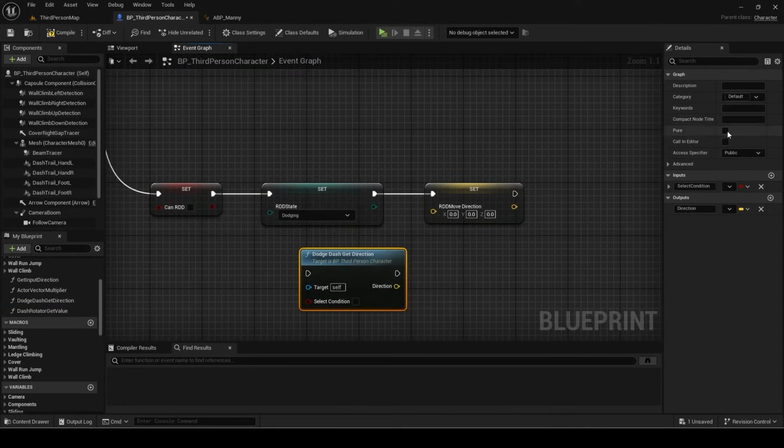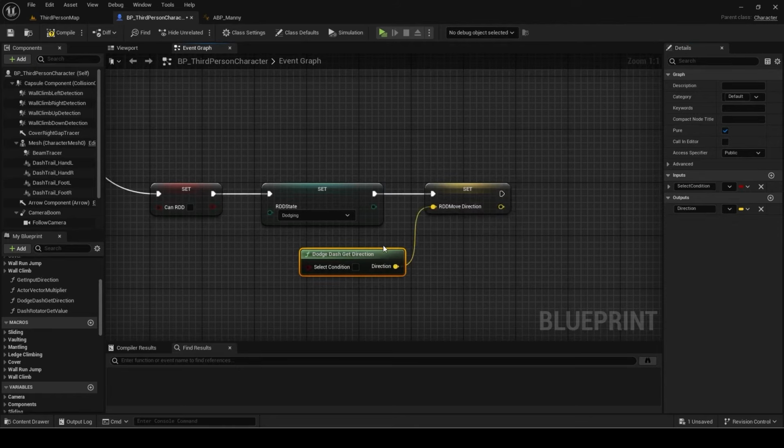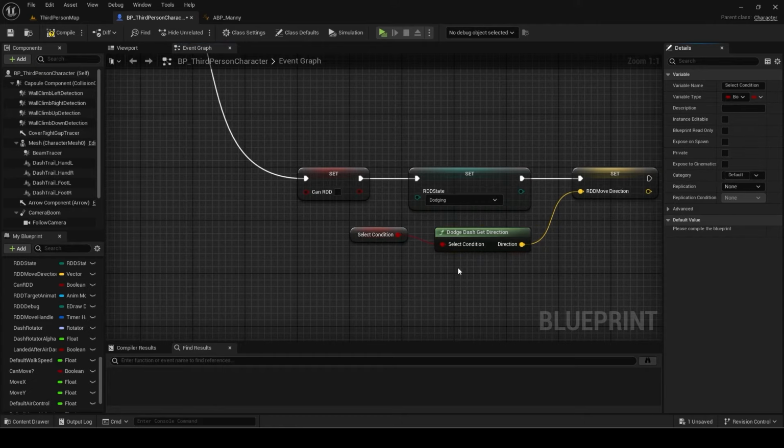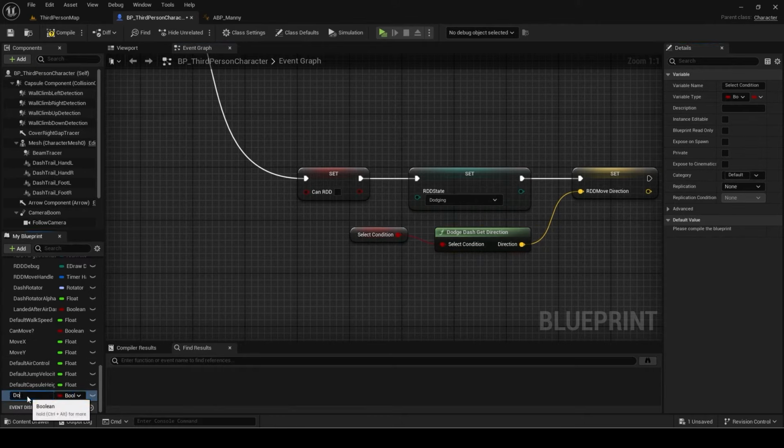Make sure to set it to a pure function. The condition should be a new Boolean variable called dodge-face camera. This does the same as the face camera but